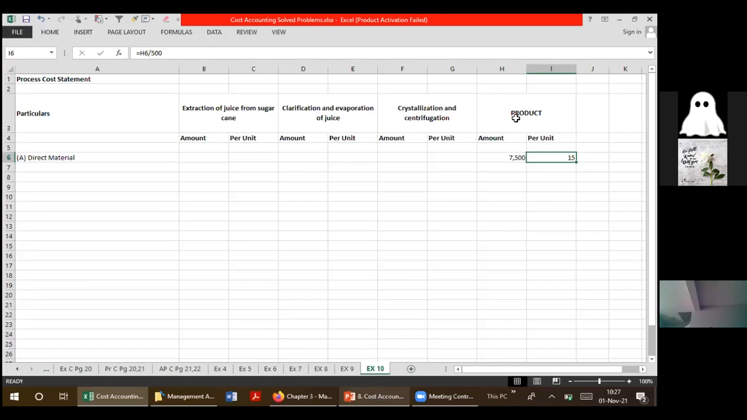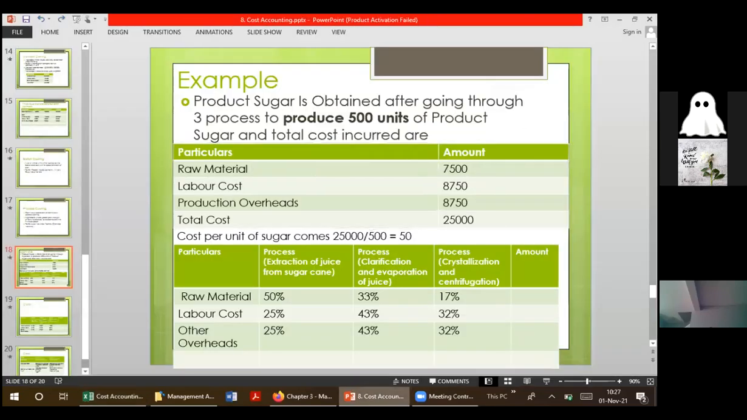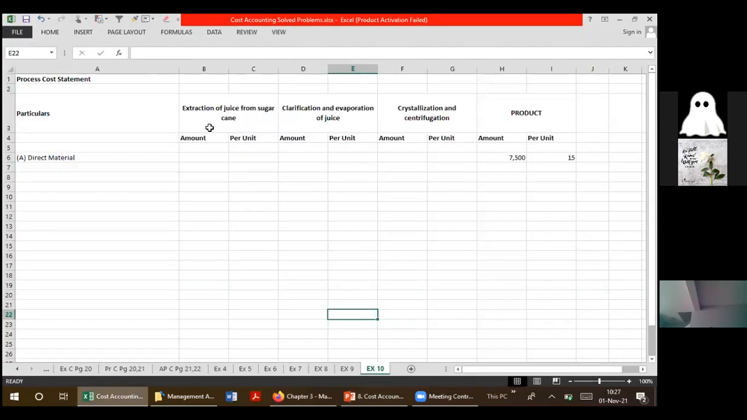So the product is given to us in the question. It says here that 7,500 is your total product raw material cost. For the processes, we are given a percentage. Now the percentage says that extraction of juice from sugarcane, that process takes 50% of your raw material. So the first process takes 50%. So 50% in Excel, you can do it like this, or you can calculate what is 50% of 7,500. So I'll just multiply this by 0.5. So that is 3,750